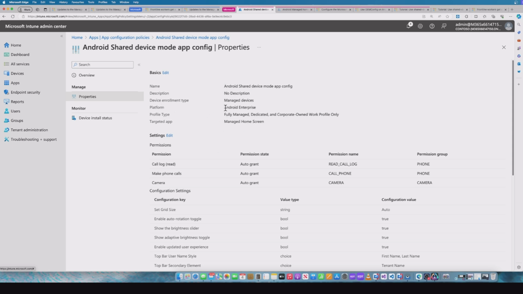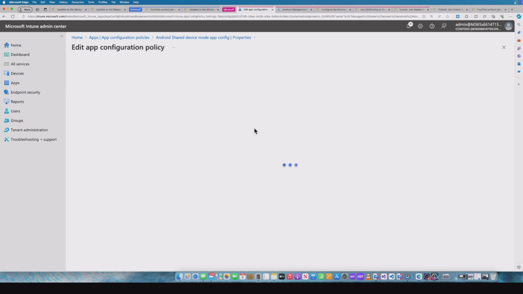Okay, so you're going to need to choose managed devices. The platform is Android Enterprise, and because we want dedicated, it falls into this profile type, which is a group of different profile types there. And you're going to need to select the Managed Home Screen as an application. So now if I go and edit these settings